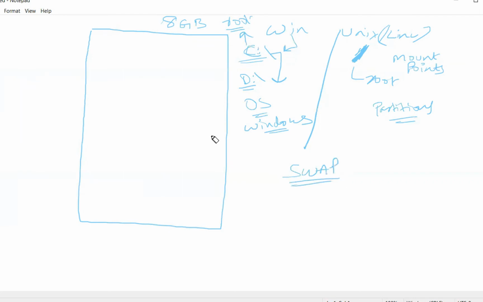Swap is applicable for Windows as well as Unix. It is not specific to Unix. Then what is the swap? In general, the meaning of swap means moving in and out. And the purpose of the swap is to support applications that you try to open, many applications within the system,